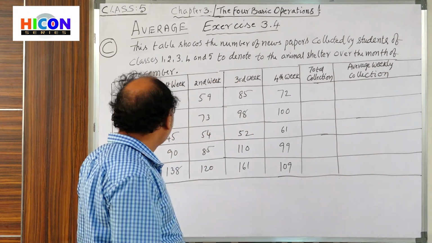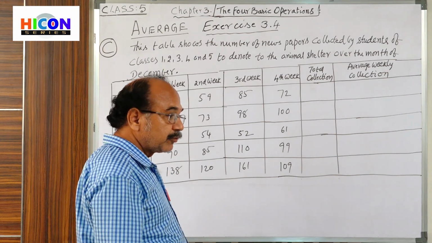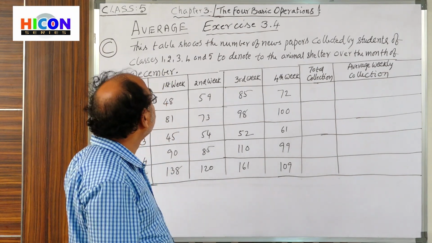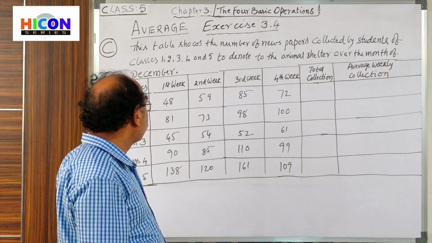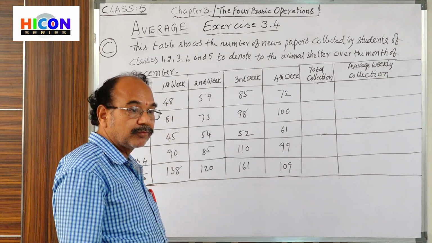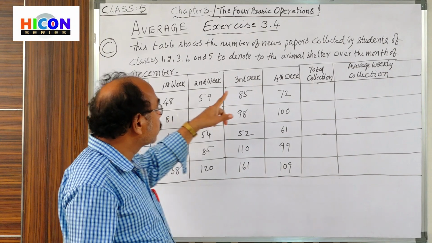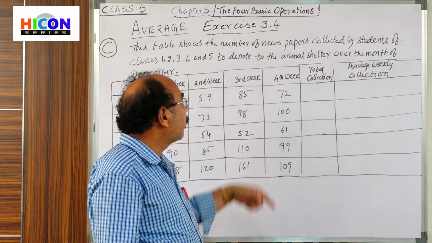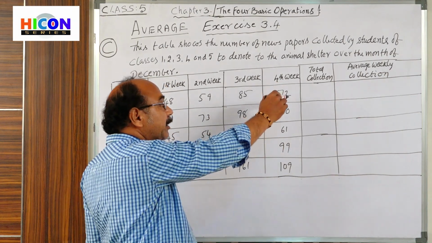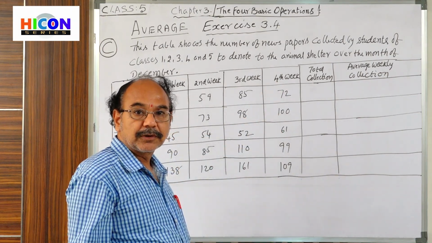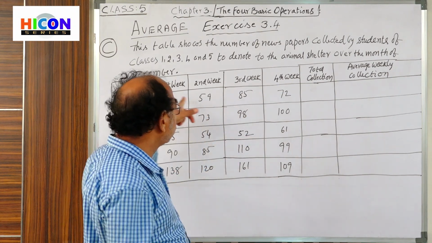See children here, first class students. How many newspapers did they collect in the first week of December? 40. Second week they collected 59 newspapers. Third week they collected 85 newspapers. In the fourth week they collected 72 newspapers. So in all the 4 weeks,